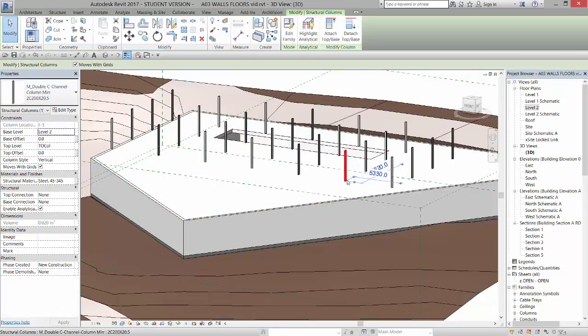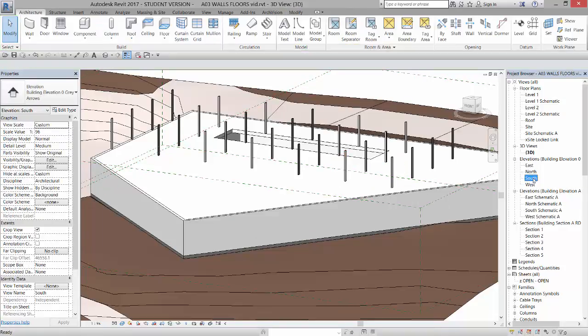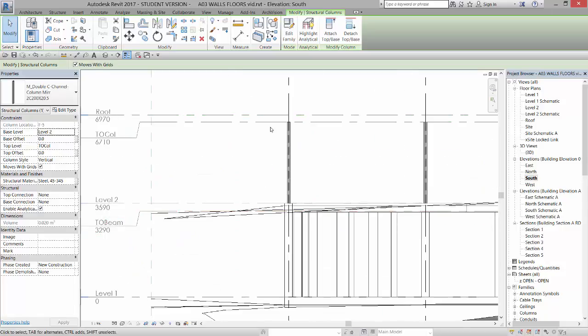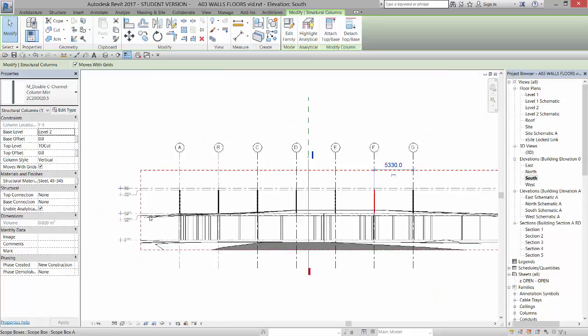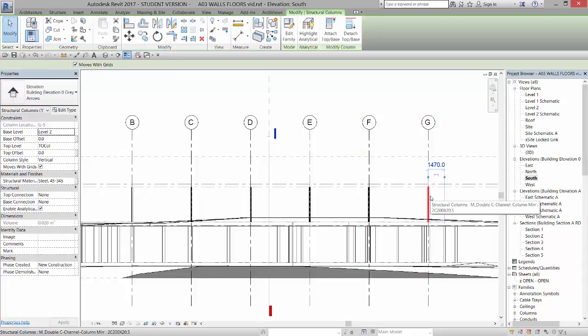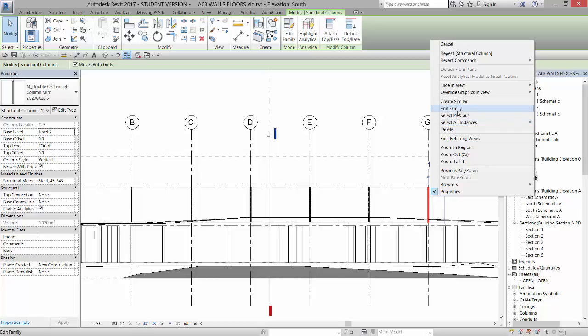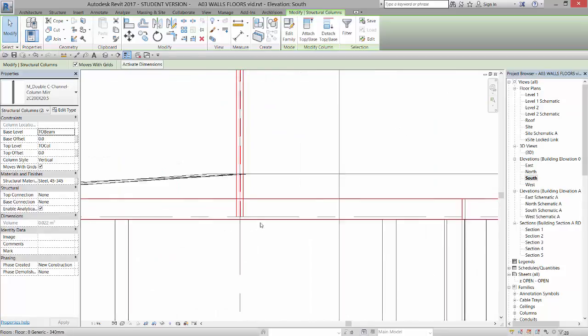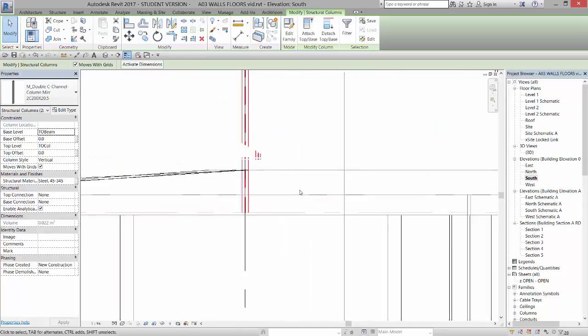Now these columns, if I pick them, are actually base leveled on level 2, and if we go to our south elevation, we want them to be based on top of beam, because right now the top of them is fine, but we want them to go lower. So I'm going to come in here and select this column. I may have to tap the tab key to get around, and I'm going to select all instances in entire project, and then I'm going to reset my base level here to top of beam, and you're going to see them shoot down to the top of beam right there,